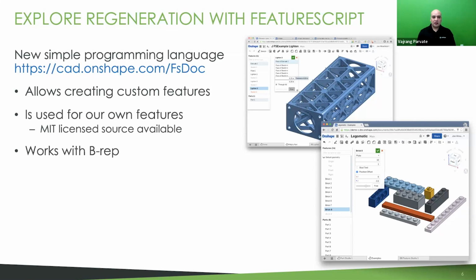In a sense, it provides a simplified modeling kernel that lets you work with a brep and allows you to put logic right inside the part regeneration in the form of these custom features. Now, your custom features will behave exactly like a native feature with the rest of the system. With regeneration, as I mentioned, measurement, cross-section, creating drawing views, all these kind of things, it just behaves exactly like a feature that we would have shipped.